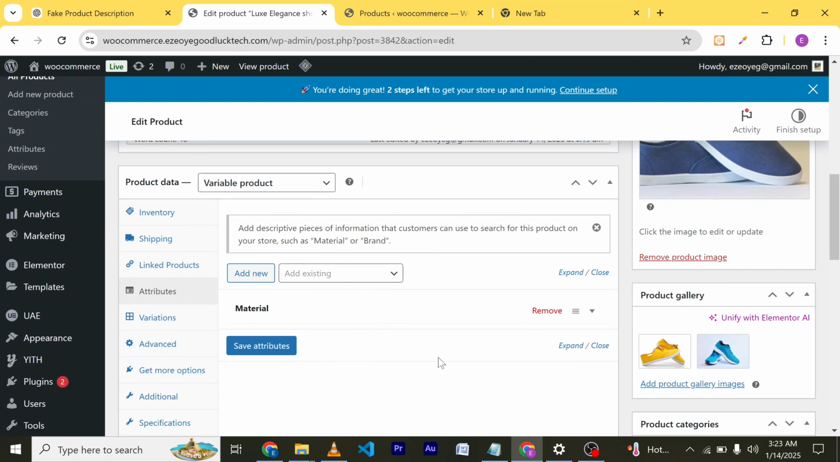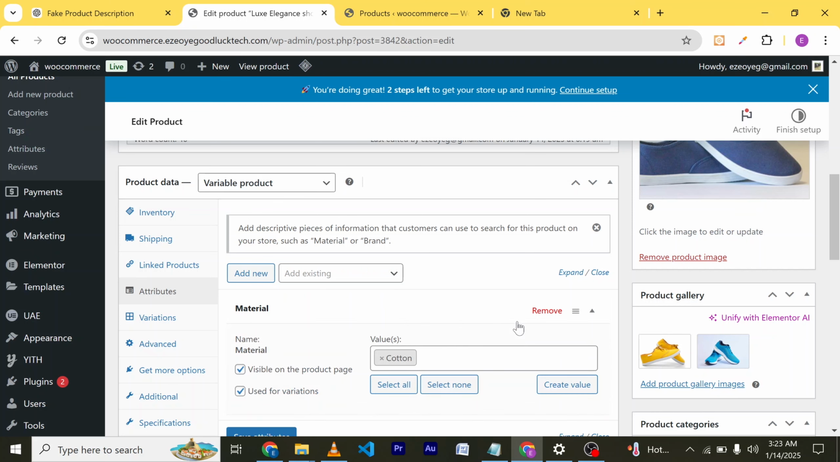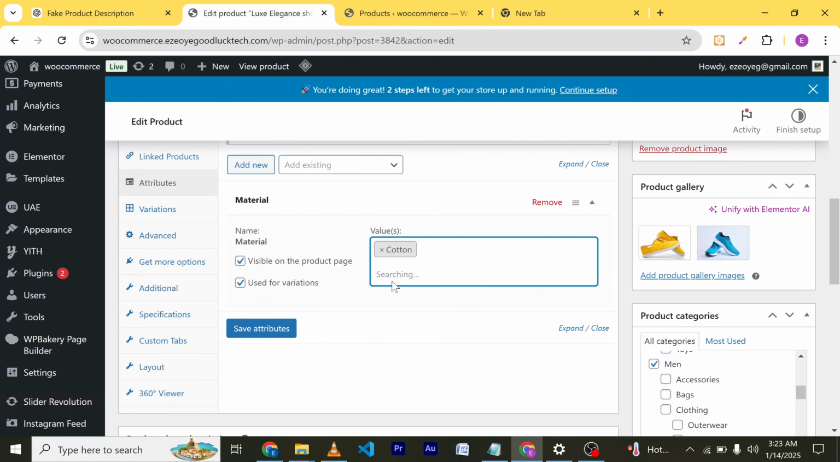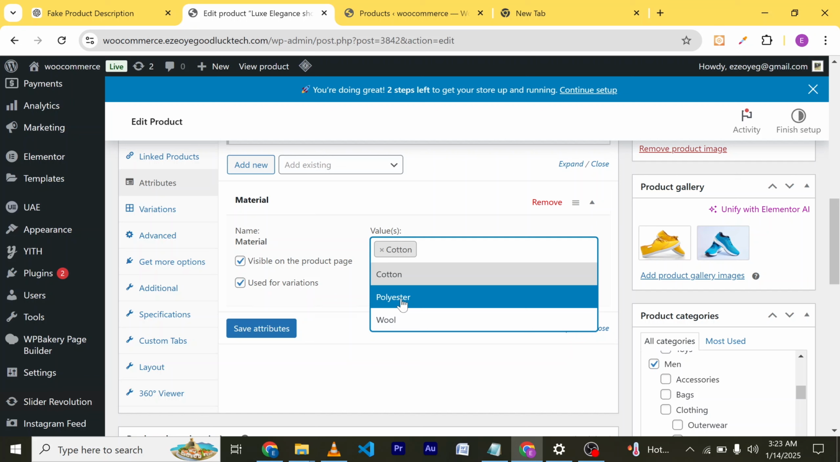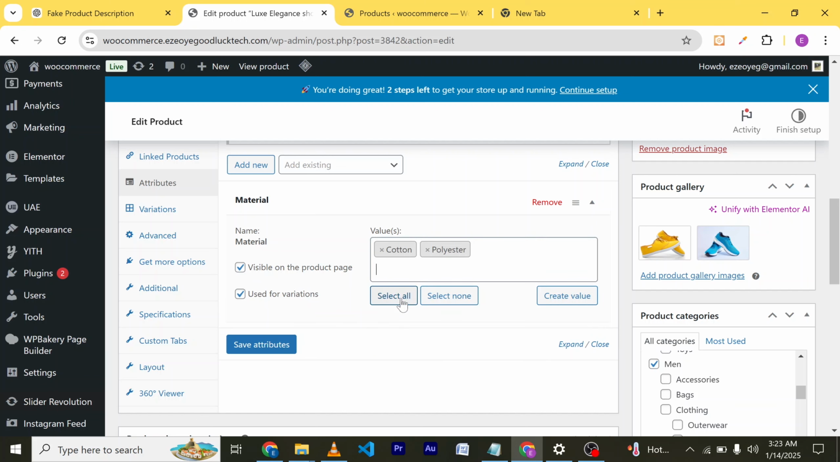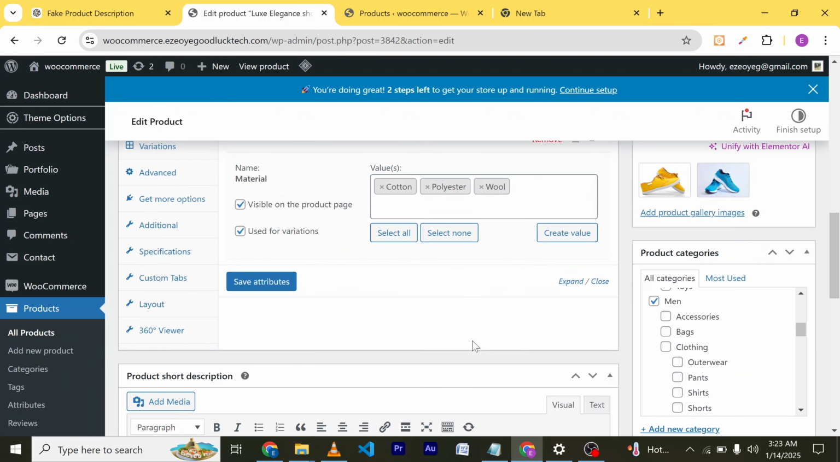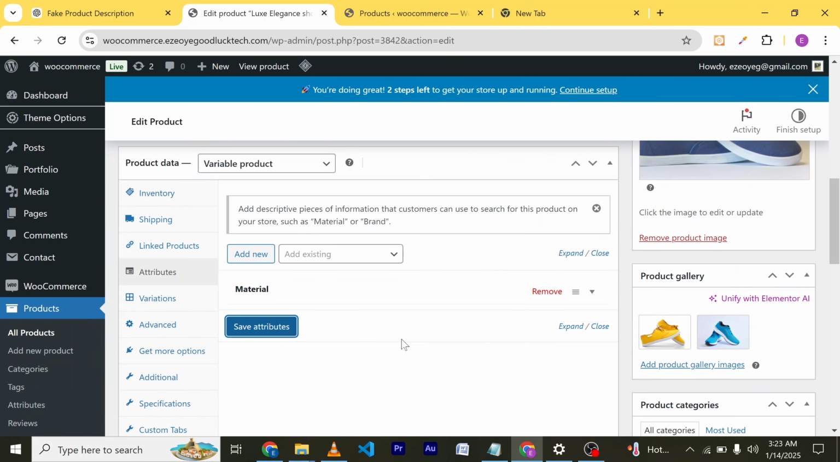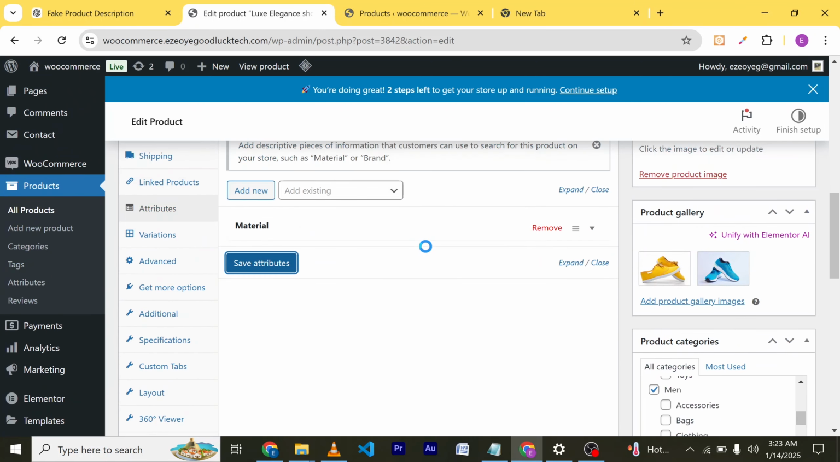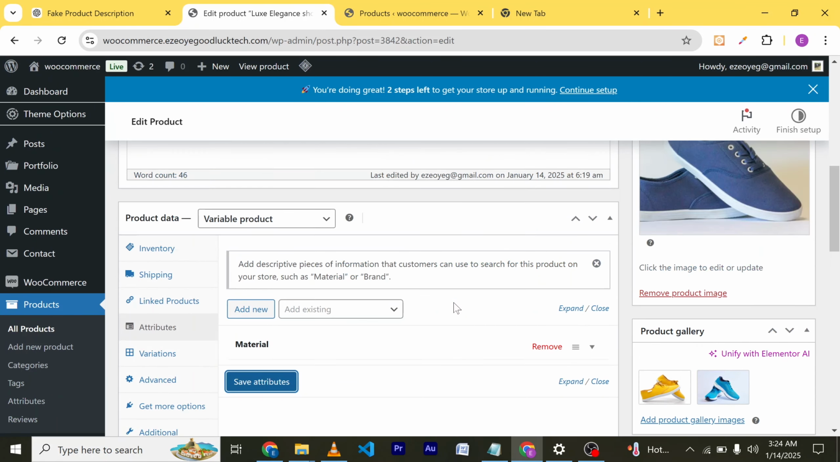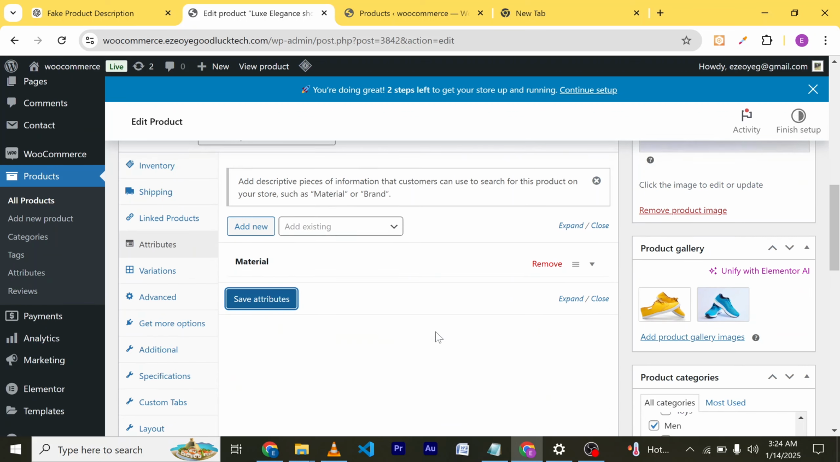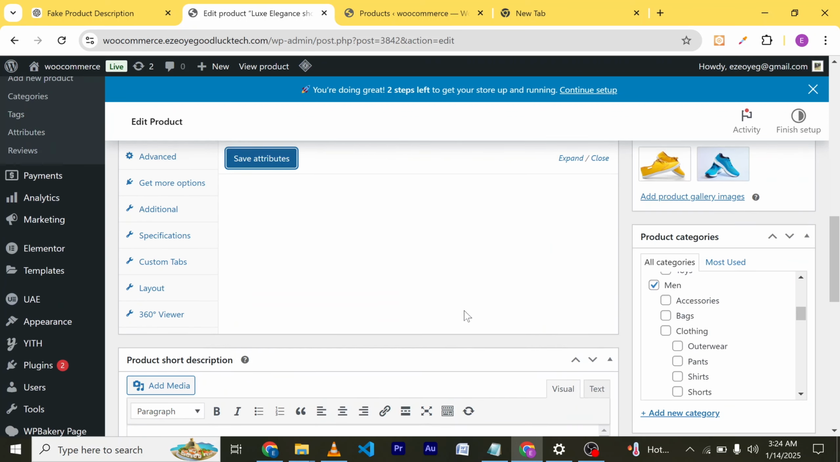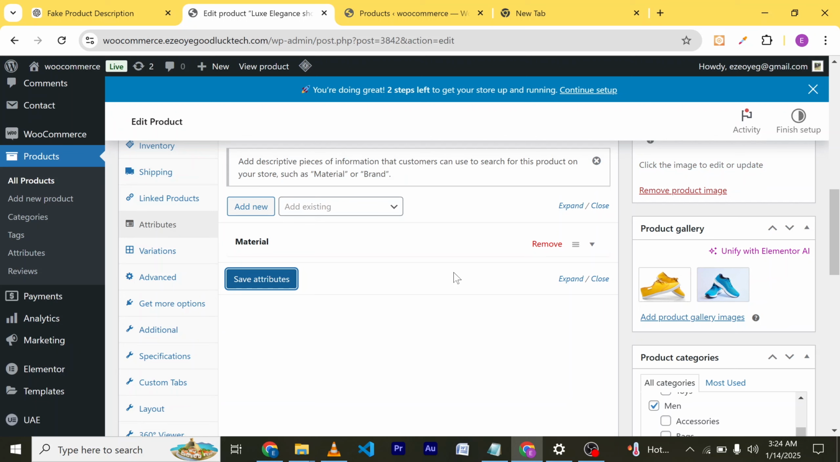Of course, we already added material, so we can go ahead and add more. Let's select all, polyester, select all. All right, so once that is done, we can just click save attribute. So now we have saved all the attributes for this particular product. This is how we would customize a variable product, and what we need to do next is